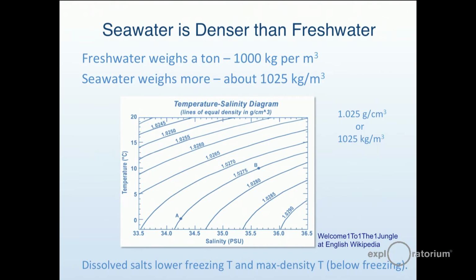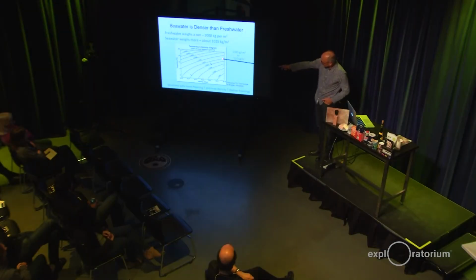On the diagram here, it's actually given in grams per cubic meter. So 1 gram per cubic centimeter is the same as 1,000 kilograms per cubic meter. Getting confused. But the main point being the x-axis is salinity and the y-axis is temperature, and the lines are